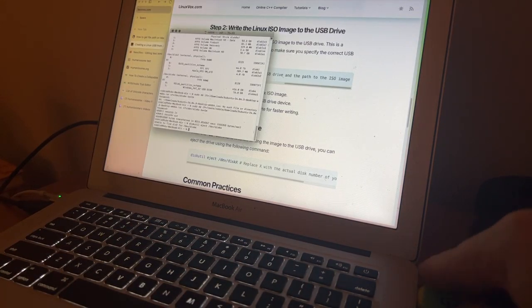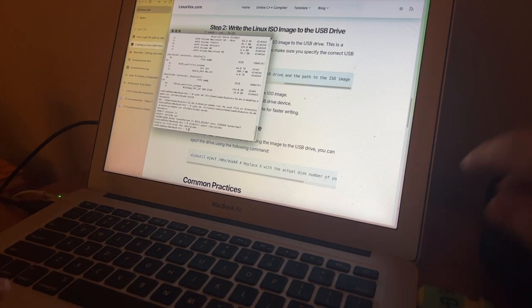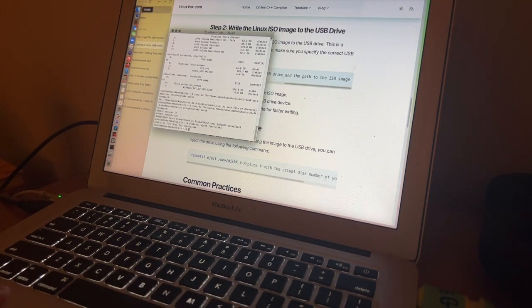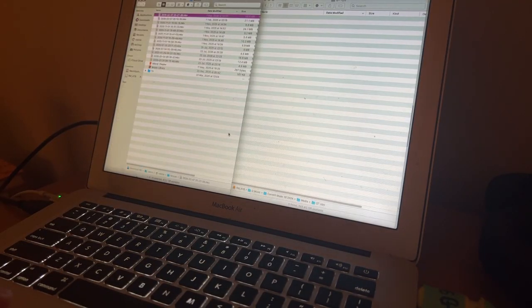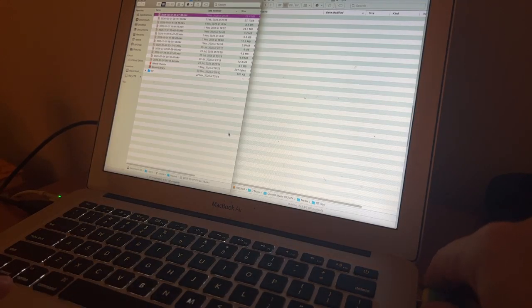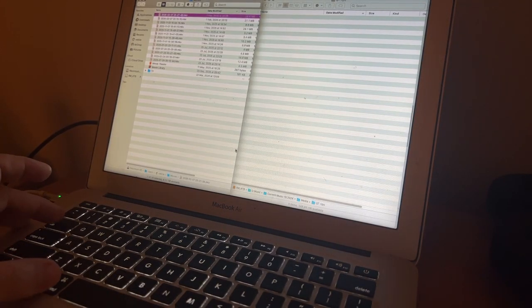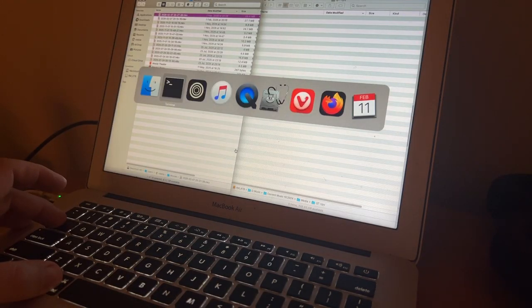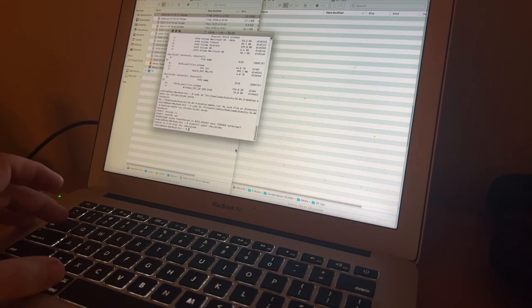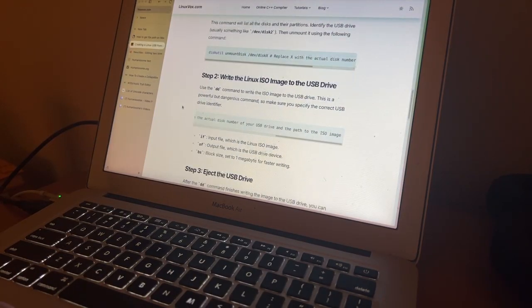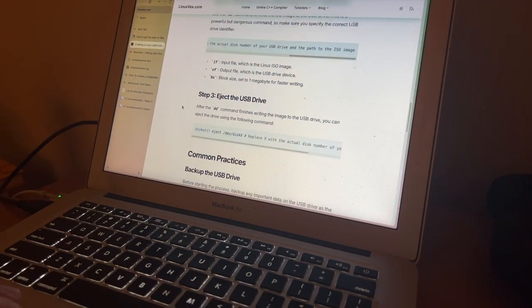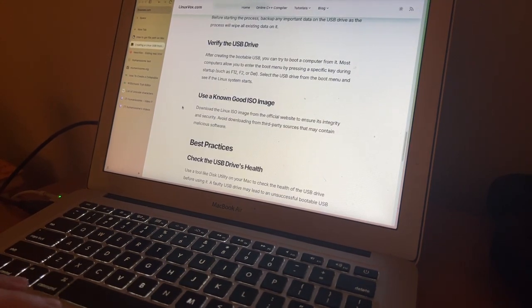Unable to find it because it never mounted. So let's make sure it's not mounted by going to the Finder. Yeah, it's not mounted. So I guess I can just pull it out. But wait, it copied the image. Don't I need to like expand it? I'm not sure about that. But what I need to learn next is,